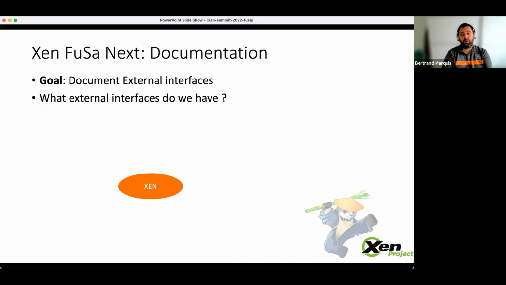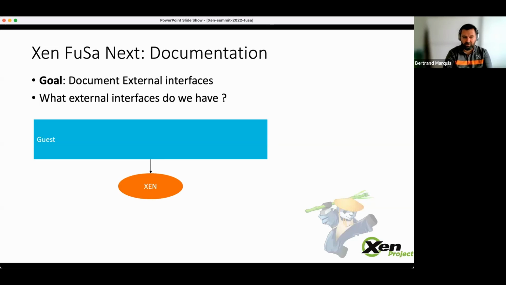Next. The next item we will work on is documentation. So our goal is to try to document all Xen external interfaces. So what external interfaces do we have? First one are the interfaces from the guest point of view. So that's, for example, the hypercalls. You have also the exceptions, which are all the possible mistakes done by guest, and the IO emulations. All those three are, in fact, interfaces from Xen because they provide a functionality to the guest that we have to